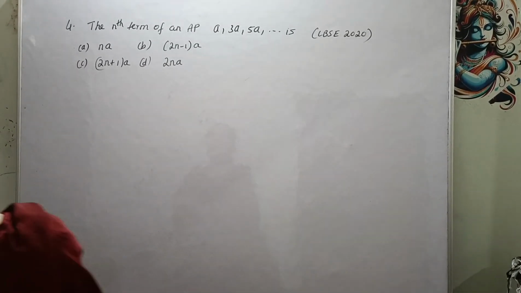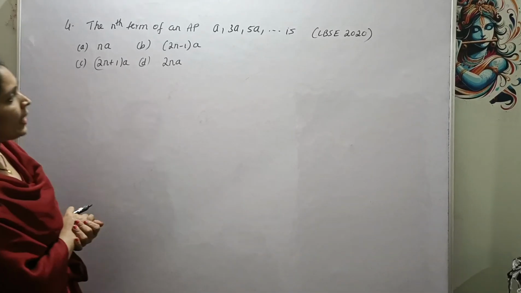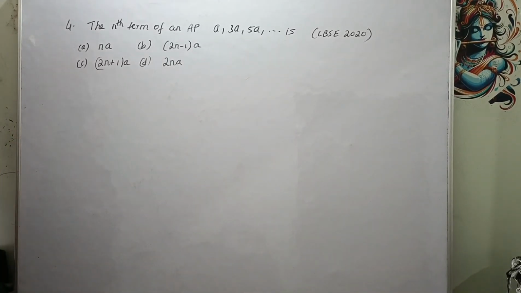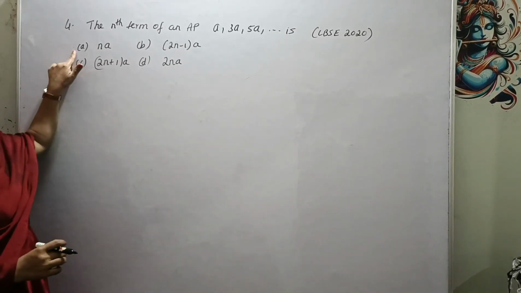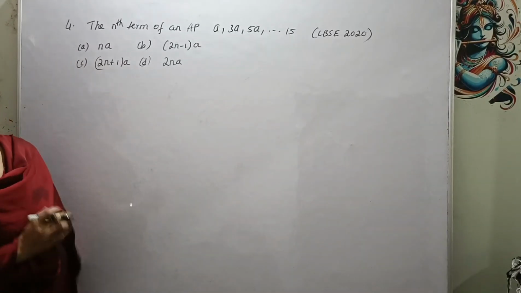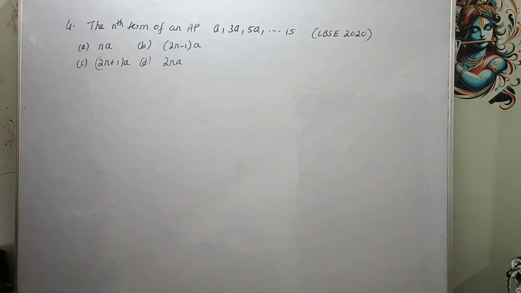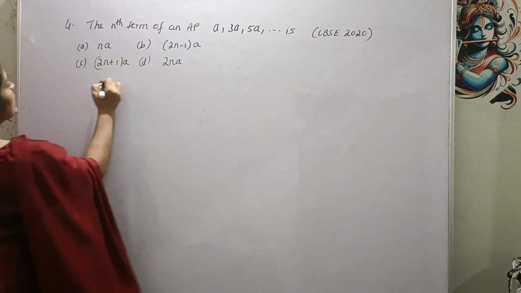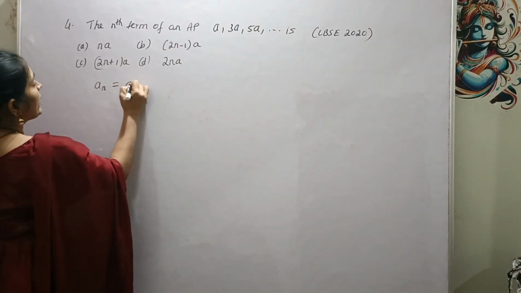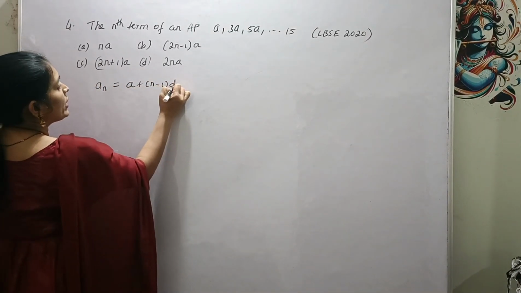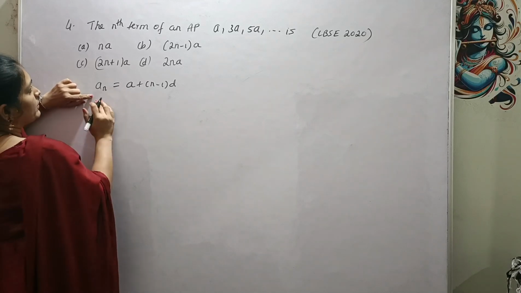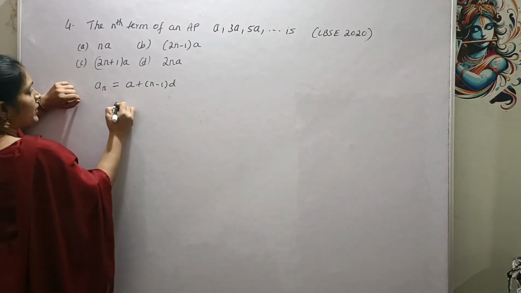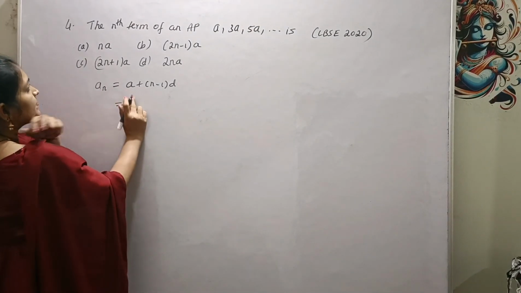The nth term of an AP a, 3a, 5a, and so on is: options are na, (2n minus 1) into a, (2n plus 1) into a, 2n. Very simple, right? So here, let's apply the nth term formula to find the nth term of the given AP. So here, an is equal to a plus n minus 1 into d. So here, the nth term, that we have to find, an, is equal to a plus